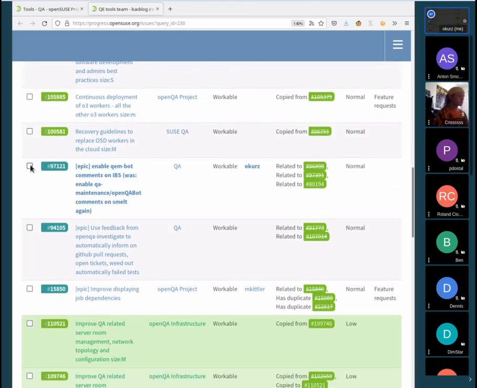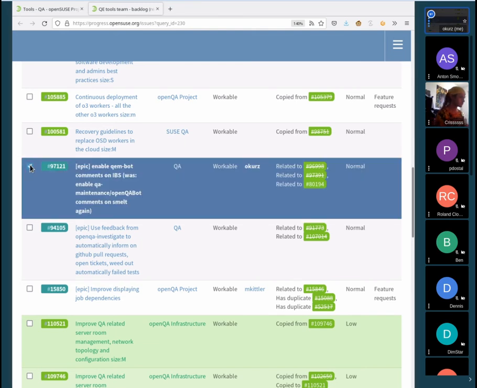Then yeah, sorry, I need to rework that, because there was the request: can we please enable comments on IBS as well as Melt again for maintenance release requests when they are not automatically approved? We kind of did that, but the implementation is far from optimal. So we need to rethink how to do it in a proper way so that it's not just causing spam messages.